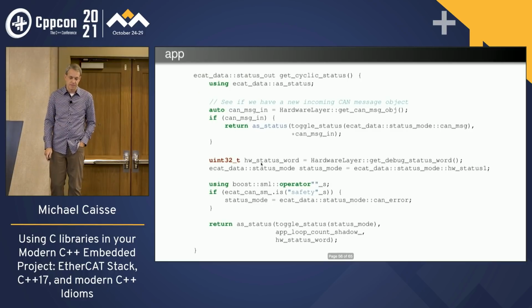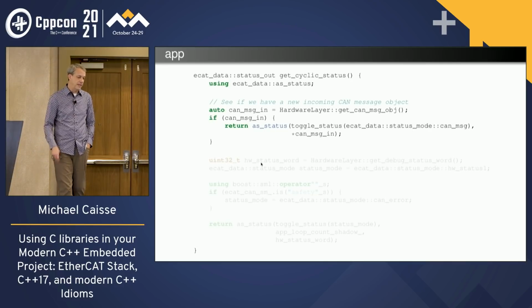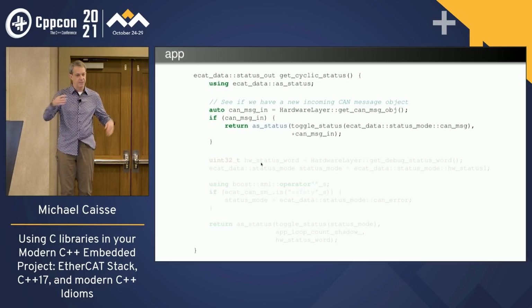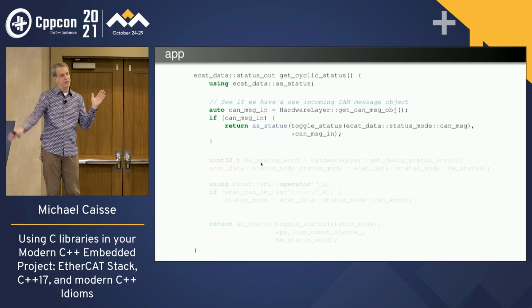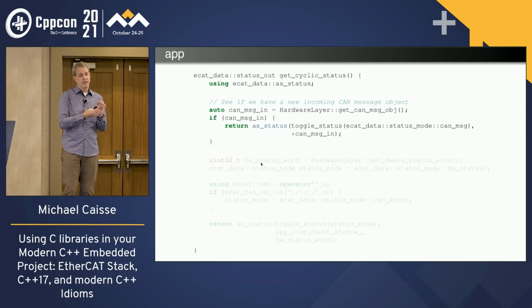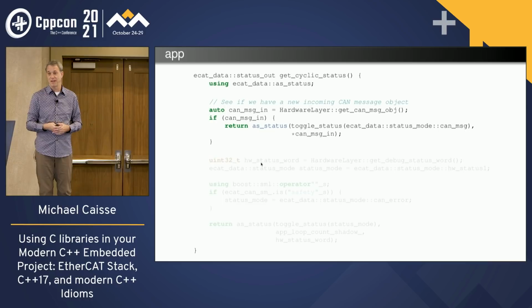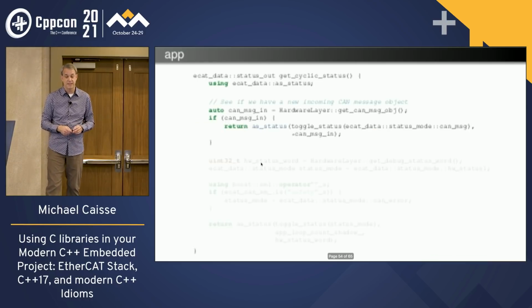Oh, but I do want to talk about this. On the get status portion, one of the things that happens with that EtherCAT, right, is that on these cycles, you're getting potentially new information that you need to deal with. And it would be nice to send stuff back. So in this particular case, if I had a CAN message that came off of the CAN bus and I've got that available, it'd be really nice to send that back to the controller. It probably wants it. And so I asked the hardware layer, hey, do you have a CAN message? Is there something available? If there is, let's send that back. If not, then it does this next thing.